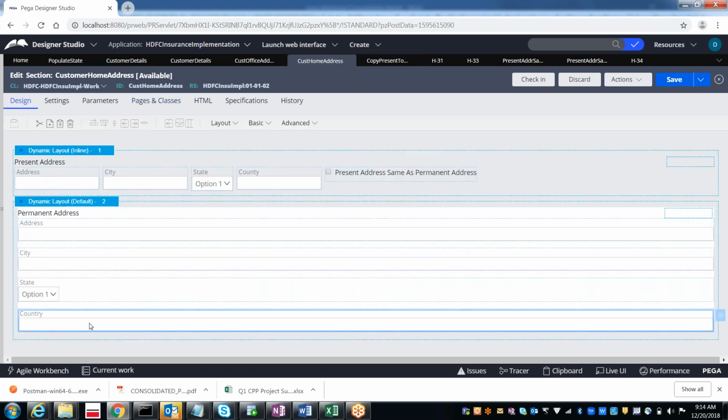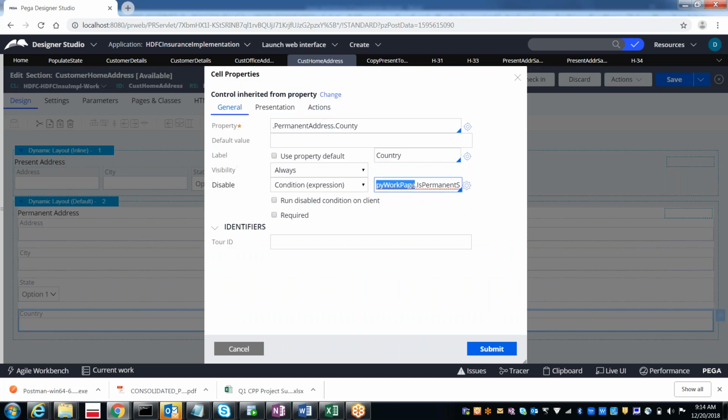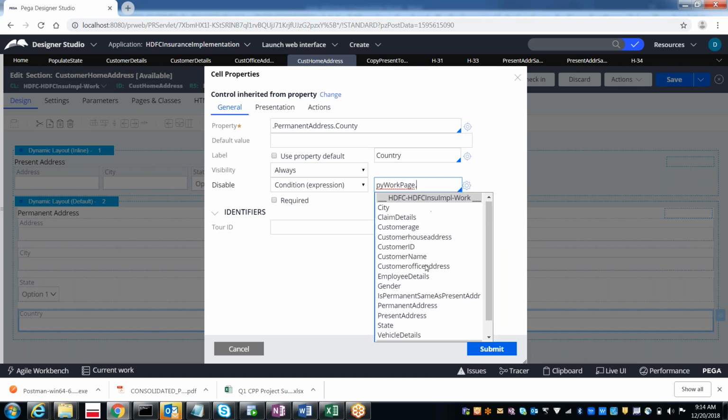Before declaring py work page under the pages and classes, once you press it, I was not able to see py work page. But now I am able to see the py work page. Earlier I was able to see only these three. So if you are able to see py work page, then only you can apply it.